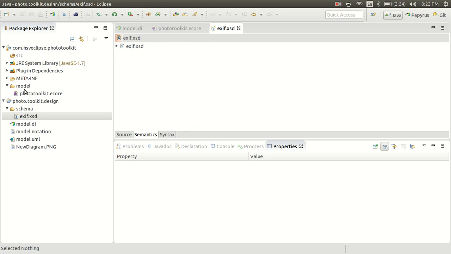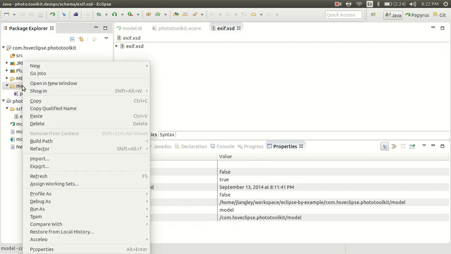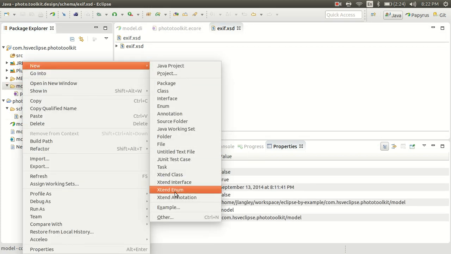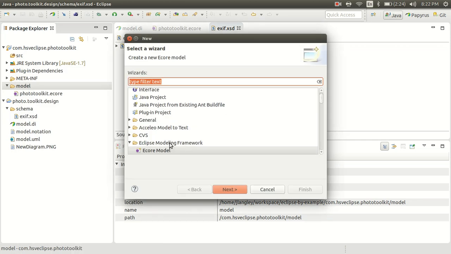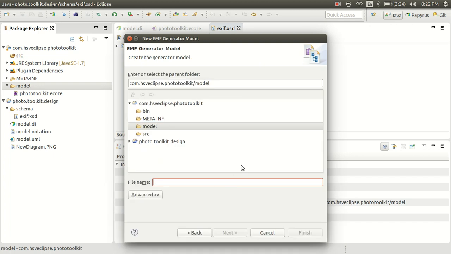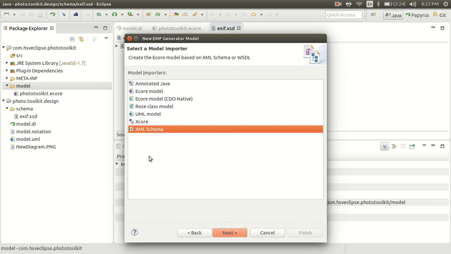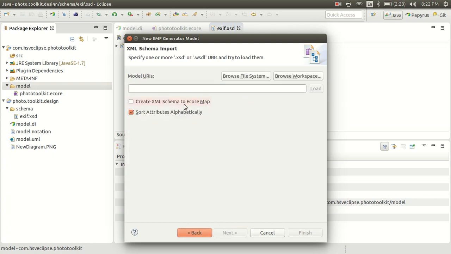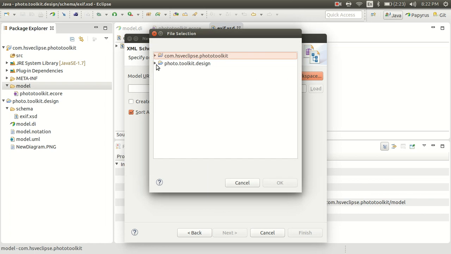So that is what I'm going to do here. I'm going to right click on the model, do new, and then other. And this time I'm actually going to create a new EMF generator model. And you hit next. I'm going to give it a file name of exif.genmodel and hit next. You'll see it gives you a lot of selections here that you want to use. In a minute we're going to create another one off of the E-core model that we just created. This one we're going to create from an XML schema. I'm going to browse my workspace because that's where I have it, and then go find the schema, and I'm going to hit OK,